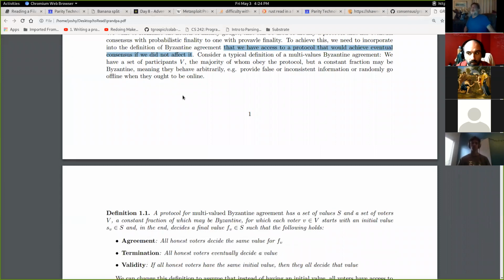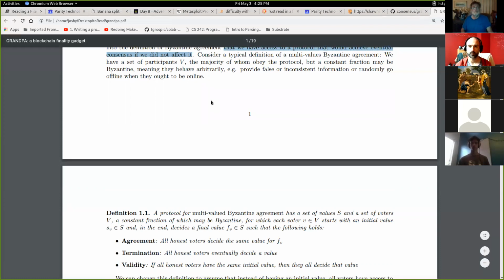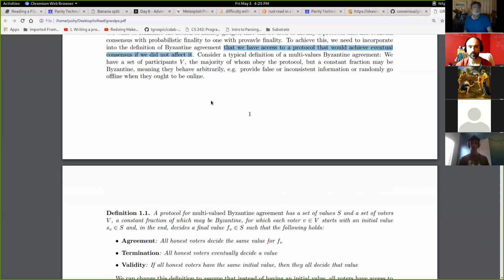I'm talking about GRANDPA. And what does it mean if we did not affect it? Yeah, that's a good question. I know that there's an interplay between GRANDPA and BABE, the block production mechanism, and they affect one another. So I think they're saying, if we just let BABE run on its own without this interaction, we would have this probabilistic emergent consensus, in the same way that you have it in Bitcoin. And it has to have that all by itself, even apart from any interactions that we have with it from the GRANDPA side. Okay.